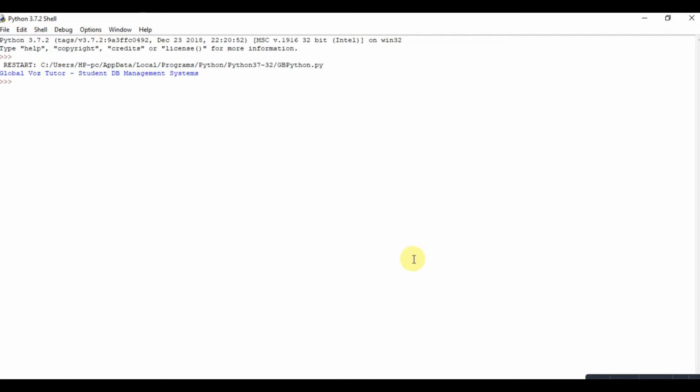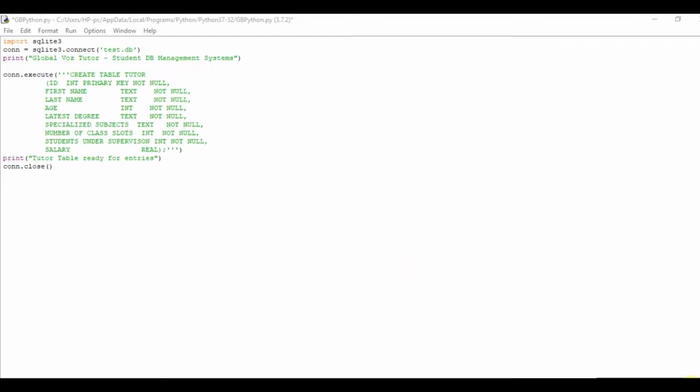Okay, so let's see, we're going to create a table right now, and let's see how we're going to create the table. What I've done is I created a database, connected with the SQLite database, and now I've created a table which is tutor, using the syntax con, which is for the connection, dot execute, and all the entries in it are like that, with the triple quotes: create table tutor, id integer primary key, which is not null,